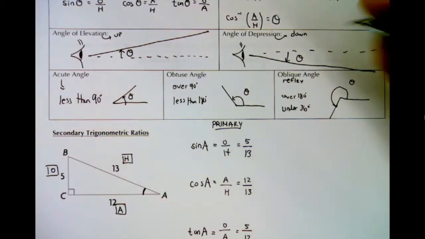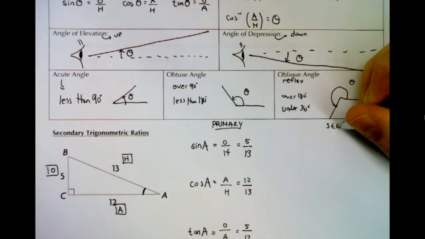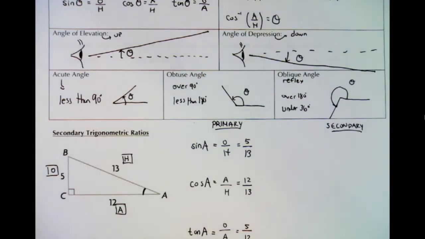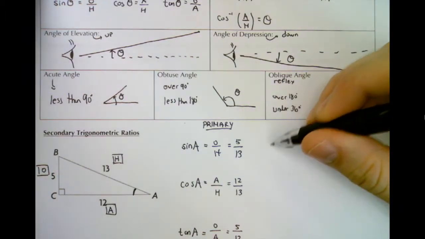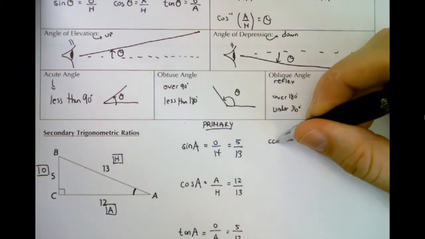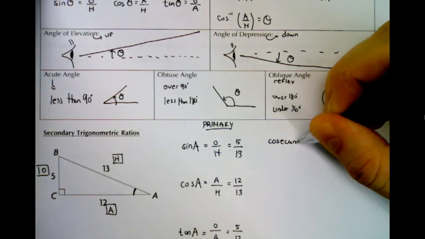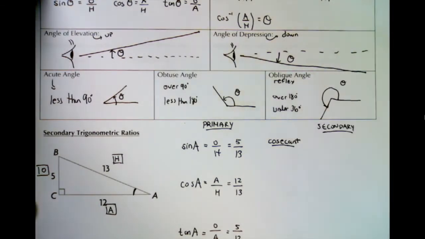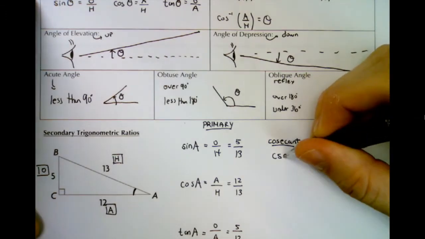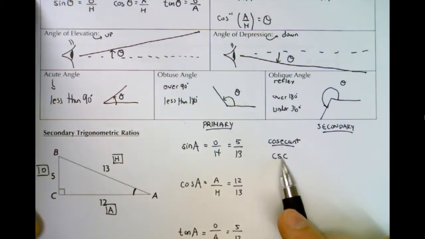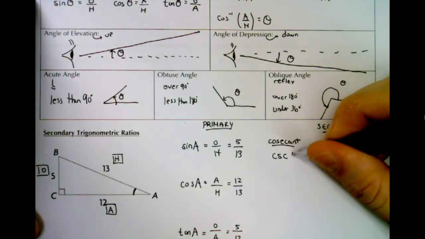The secondary trig ratios are related to the primary trig ratios. And here are the secondary trig ratios. Are you excited? The first one is called, I'll write it in words, cosecant. And if it were a button on your calculator, it's not, but if it were, it would be CSC, cosecant. And if we did cosecant of angle A,